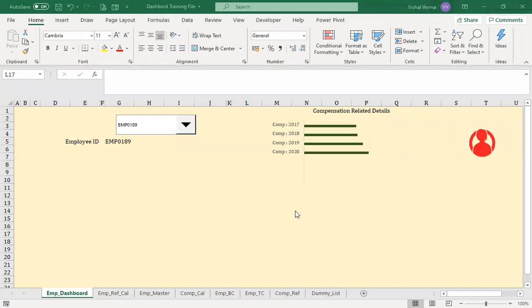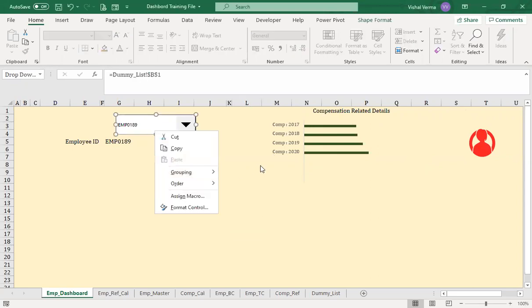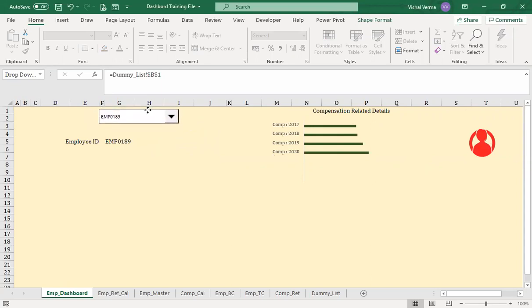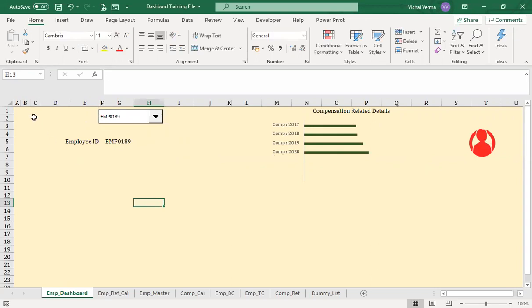In the previous lecture, we actually did till this area. So we did the compensation related part and the gender related part. Now, the major thing that we need to do here is to just decorate the things, and we'll be working on the second part, that is related to the competencies, in the next lecture. Till that time, let's first actually design the thing.